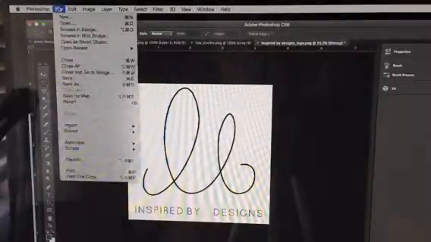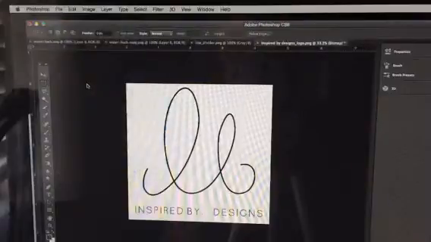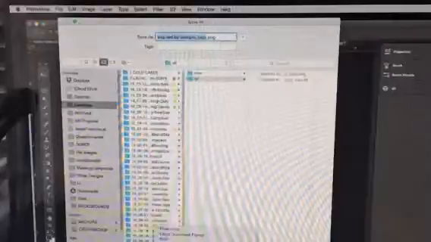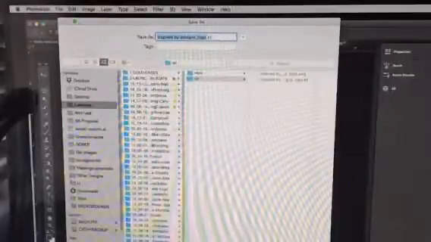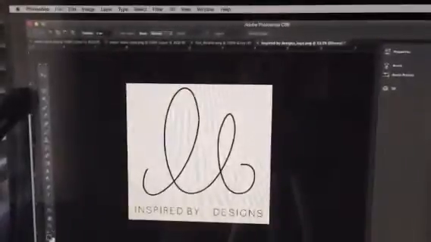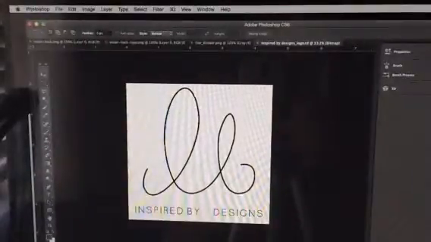And so now I've done that. I've turned it into a bitmap, and now I'm going to save it as a TIFF file, TIF, or sometimes it's TIFF. Save in the same area, and then save as a TIFF file. Hit save. I'm going to replace it because I already have one. Hit OK, and then I'm going to go back over to my